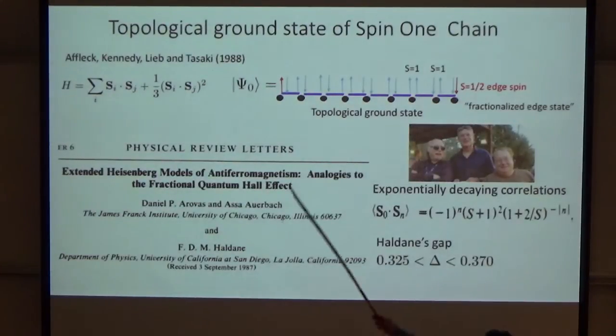And the paper was to calculate the correlations in this state using analogy to the fractional quantum Hall effect that, of course, Duncan knew all about. So I'm very proud of that paper, even though I have to admit my contribution to that paper is very small. I essentially sat and looked at both of them running across the board, doing calculations in all kinds of monopole harmonics on spheres, and it was amazing. But anyways, so the story is that